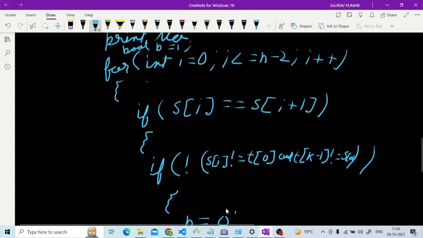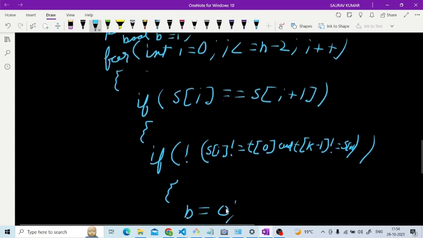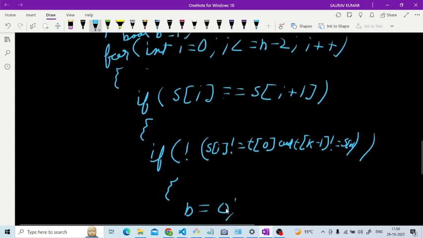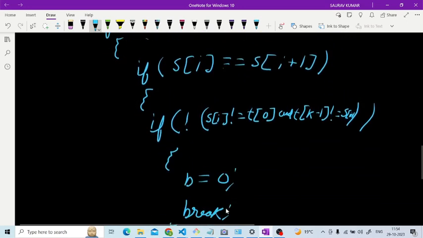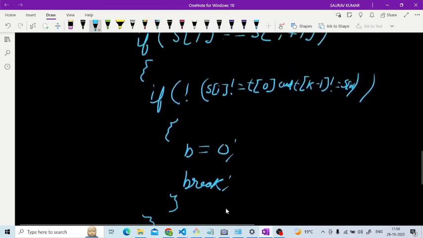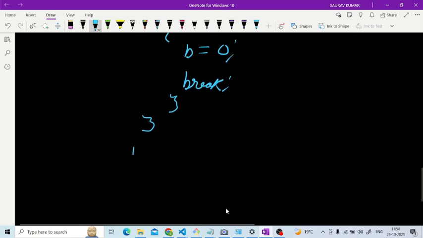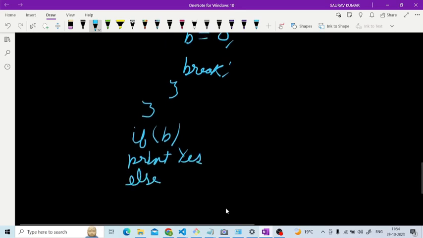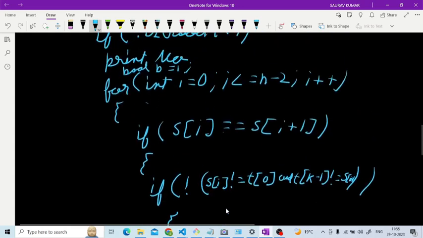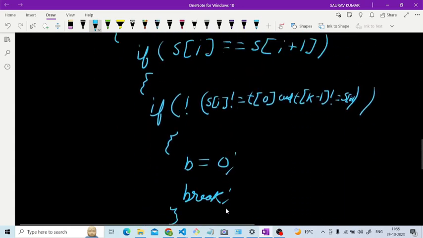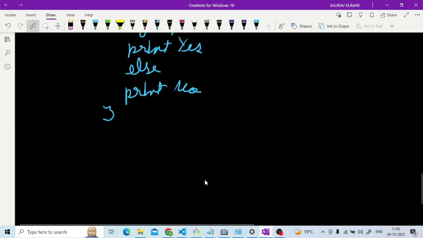and if in none of these iterations this particular condition holds, then we will have the value of b as 1, and we will say that yes, it is possible to transform the original string to a good string. So if b, print yes, else print no. Then we will break this outer else condition. Okay. And for the is good function,